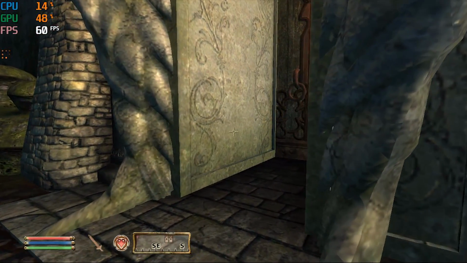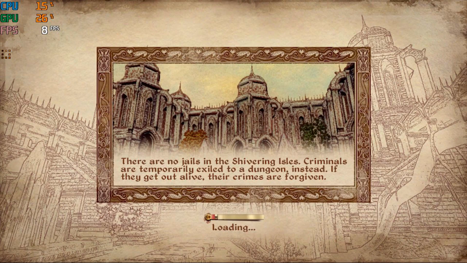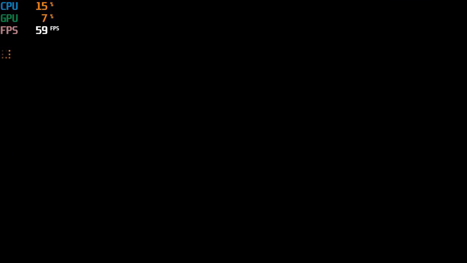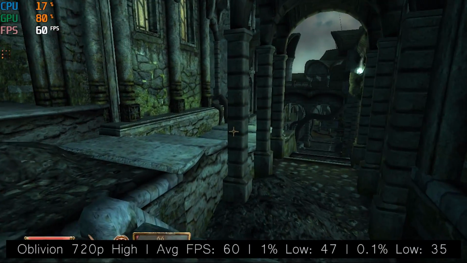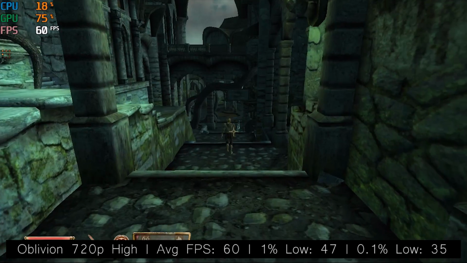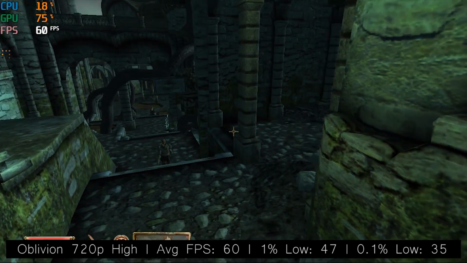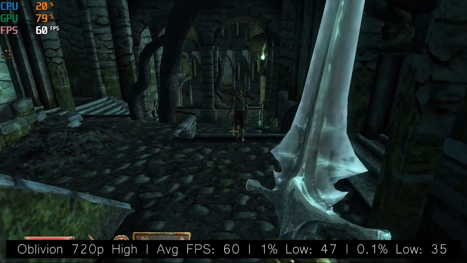Now in The Elder Scrolls Oblivion we could have probably got away with 1080p resolution here again, but I selected 720p with the medium texture size here and we did achieve a solid 60 frames per second. I had VSync on, as you can see by the 60 FPS limit here. I'm not sure if The Elder Scrolls Oblivion is capped to 60 frames per second anyway, I don't believe it